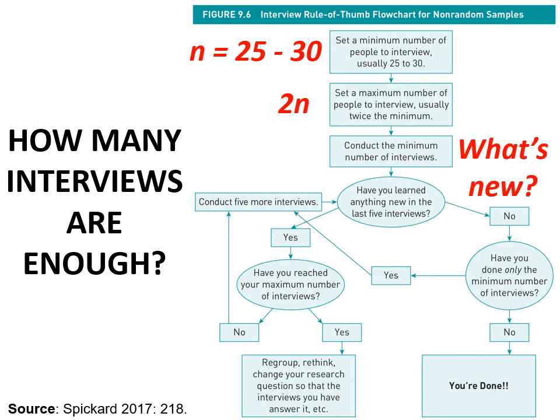But the key in Spickard's flowchart is asking yourself, what's new? Have I heard anything new? If I've heard nothing new, then I go over here and I ask myself, do I have enough interviews? And if I have heard something new, then I ask myself, have I reached my maximum number of interviews? And this box down here,